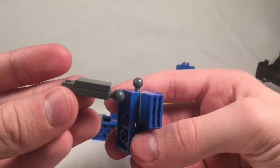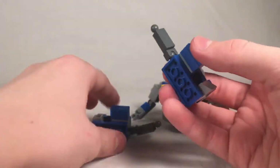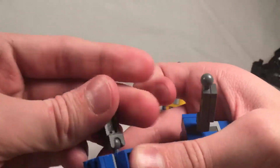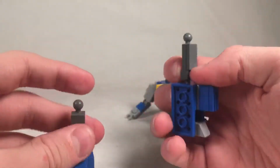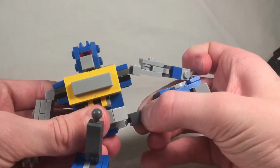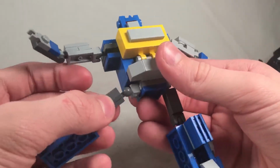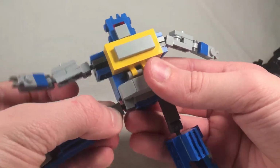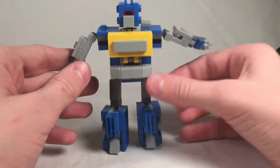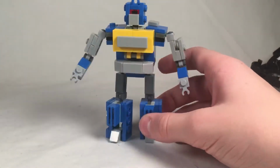Don't even have to pause the video. Don't even have to explain it. It's pretty straightforward. Mirror the build. Bump the camera yet again, and then you just plug these in. And there you have Soundwave. So that's pretty nice. To build his weapons,